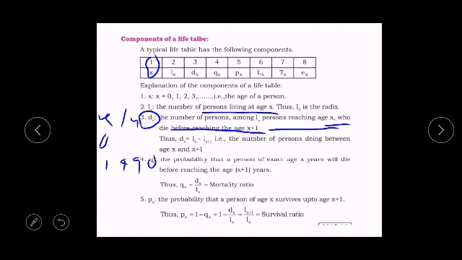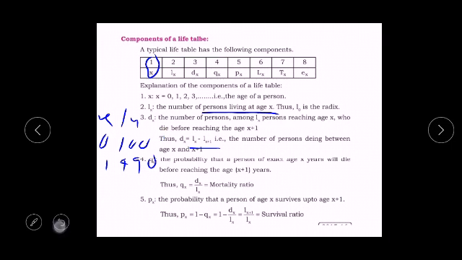And next, there is a formula to calculate dx, that is dx is equal to lx minus lx plus 1. So lx is at 0 years, lx plus 1 is at 1 year. Suppose lx is at 1 year, then lx plus 1 is at 2 years. So by taking that difference we can find dx. So at age 0, 1000 children are there, at age 1, 990 children are there, the difference is 10. So d0 is 10. Next